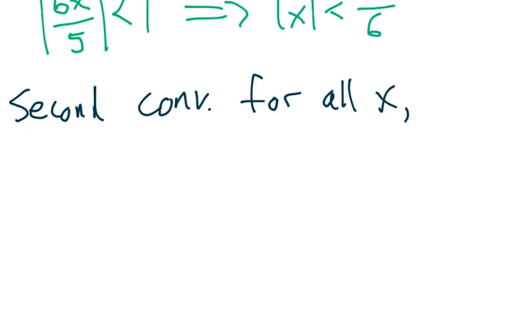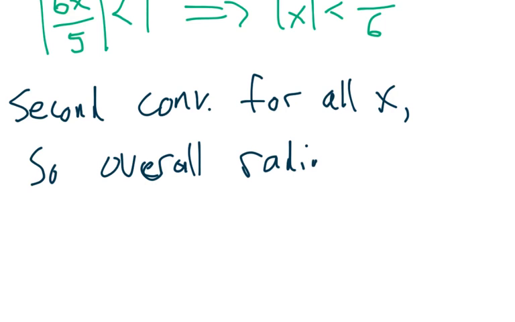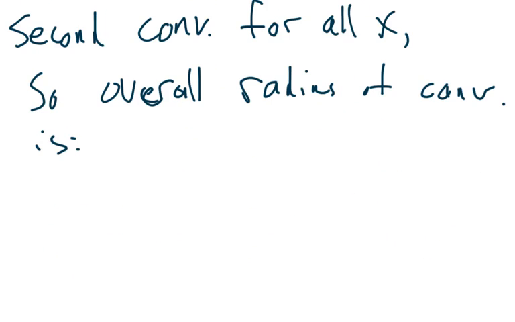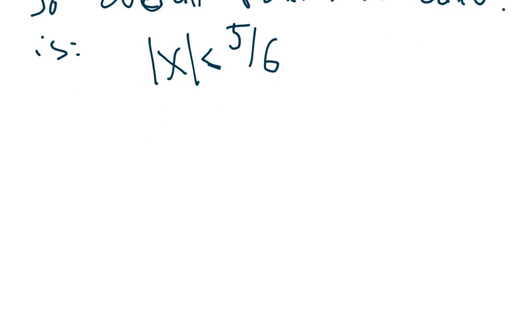So the overall radius of convergence, we'll take the smaller of the two. The overall radius of convergence is, well, it's just going to be this thing, right? So we need the absolute value of x less than 5 over 6, which we notice is less than 1. Okay, so whenever we're in that regime,